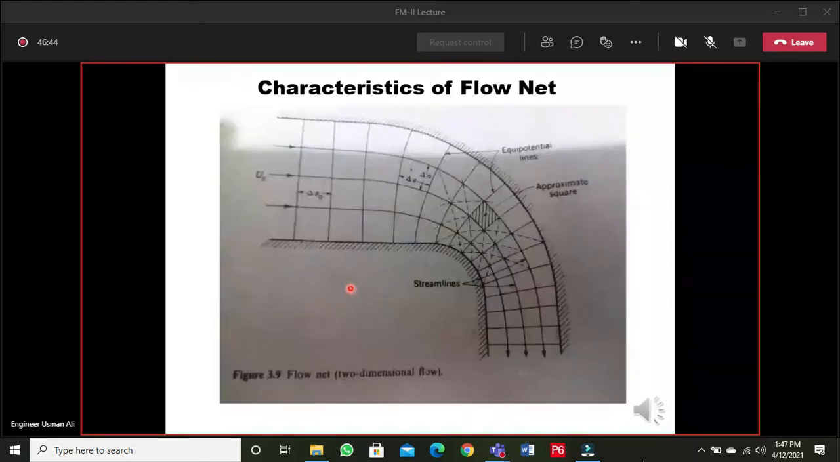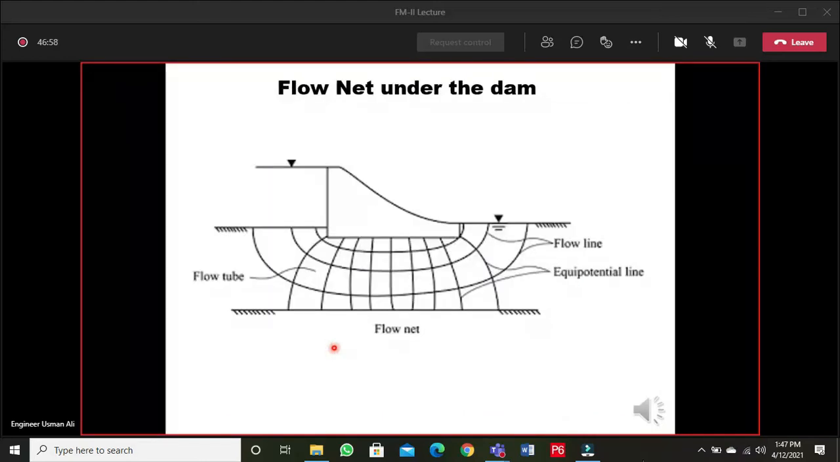If you see this, towards the inner side of the curve, the size of the sphere is reducing because of more velocity, and on the outer side of the curve, the size of the sphere will be larger. Now the practical examples of flow net usage, that is to find the seepage flow under